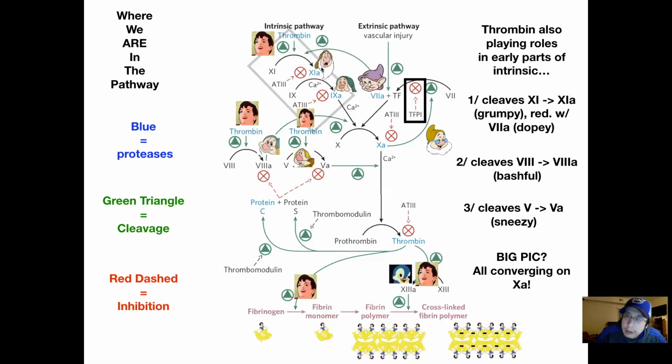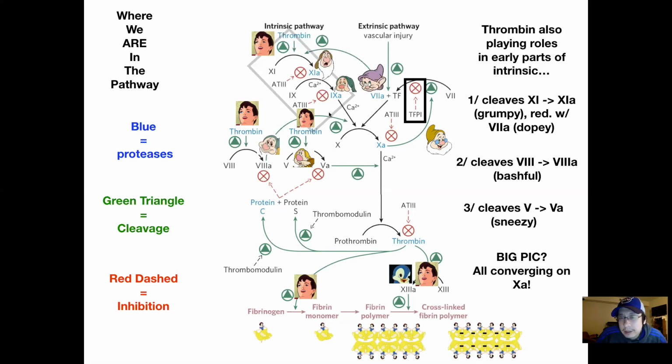In terms of where we are in the movie right now, what is the big theme? Of the 7 dwarves, who are we ending with? Doc. They really all kind of converge on Doc, right? I'll talk about this in a second. This is really important. They're all sort of flowing through these feedback loops. Here's a feedback loop, here's another feedback loop, and then we have thrombin itself, not really a feedback loop, but